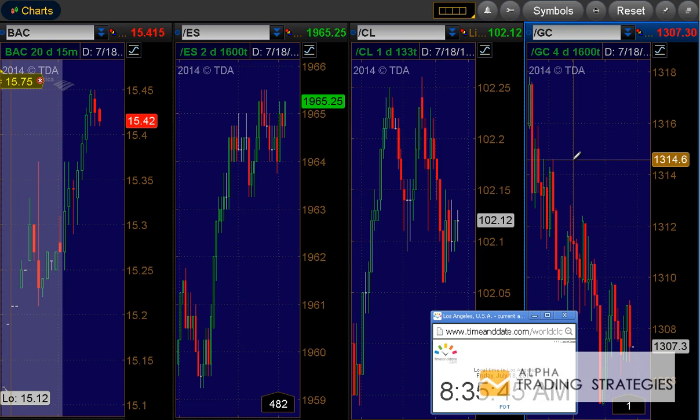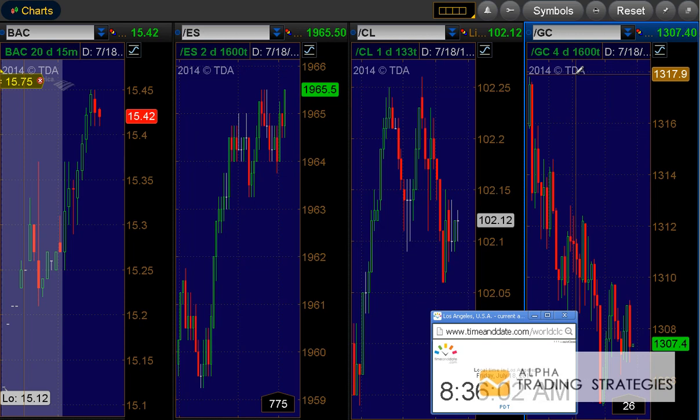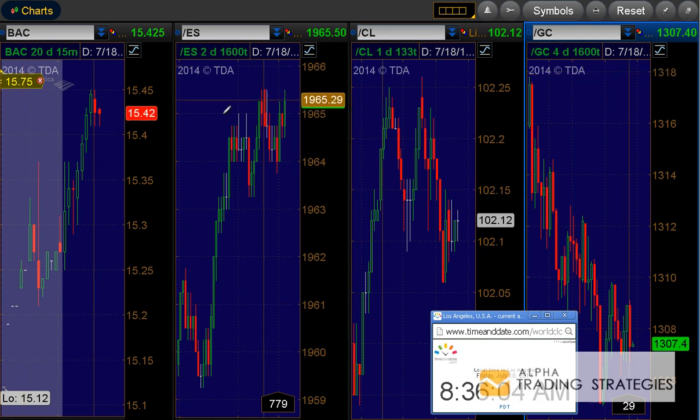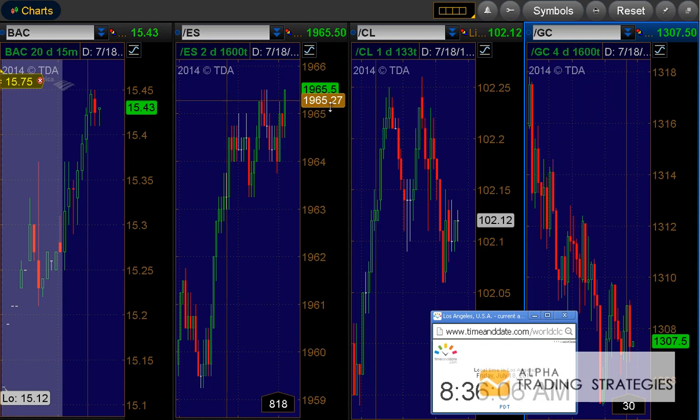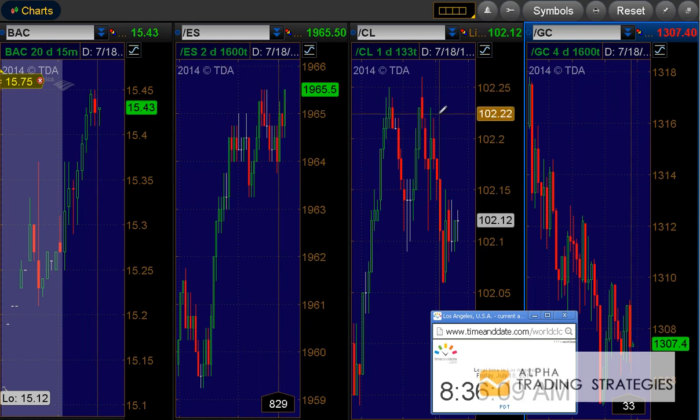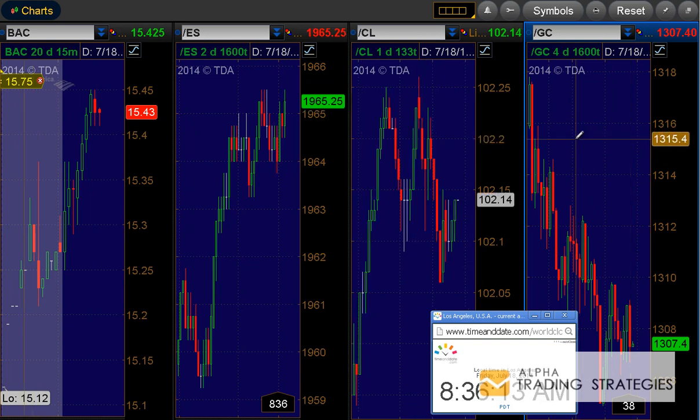Okay. These are three different asset classes. Bank of America and the ES are the same asset class. Crude oil is a different asset class from gold, meaning that these two are typically going to rise in unison, and these typically will trade in their own realm. Okay, we've got positions in all four of these, and by utilizing